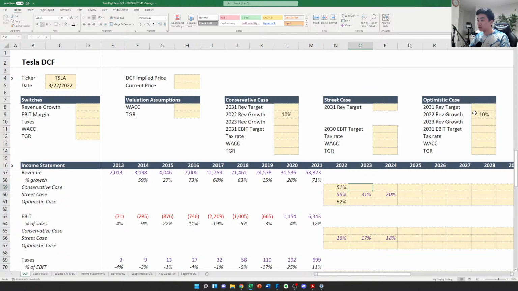And 2023, I think we can do that for, well, let's see. So 56%, 31%, 20%. I think we want to be a little bit more aggressive in these years. And so let's see. So for here,